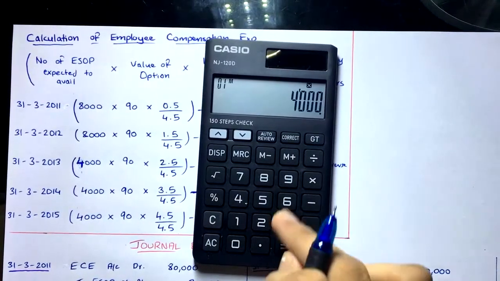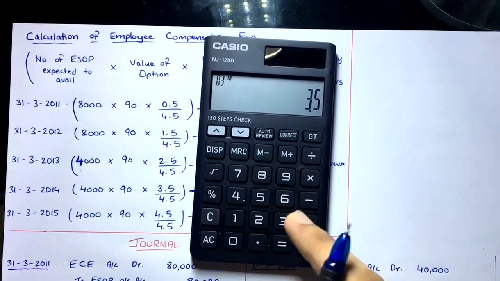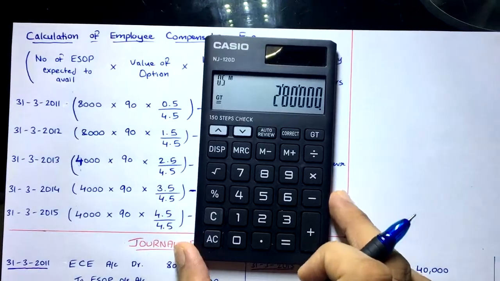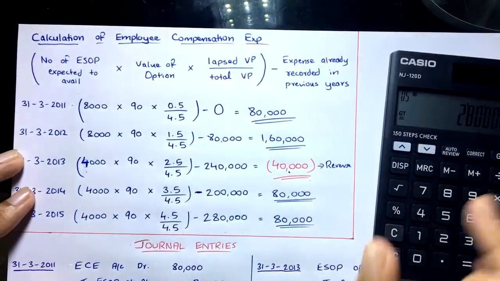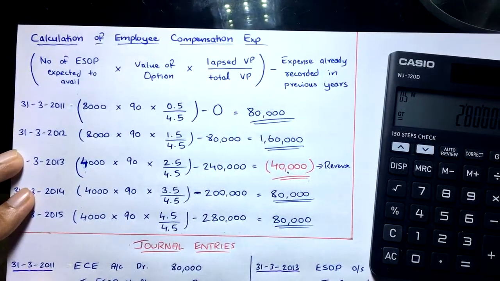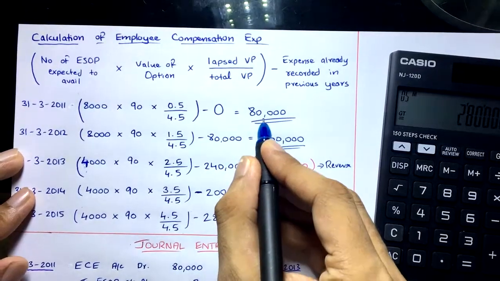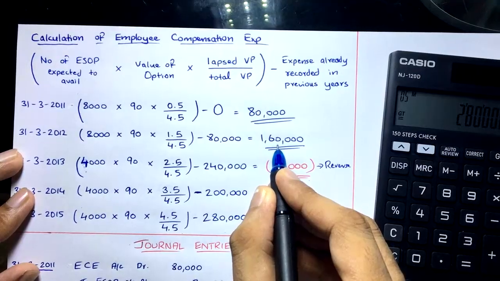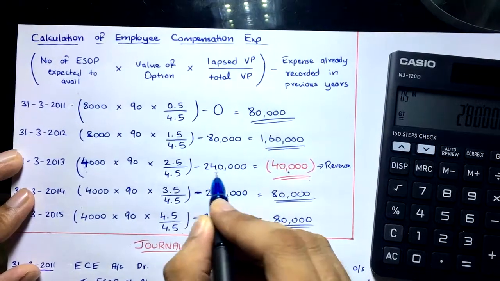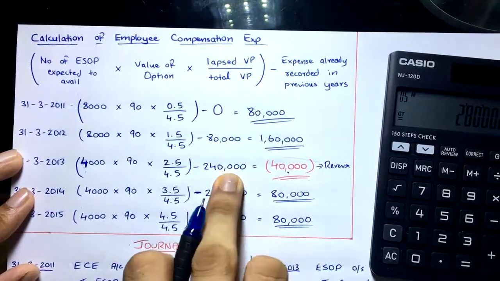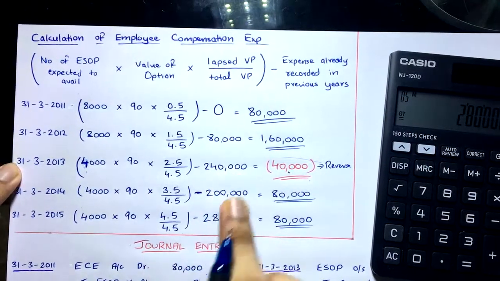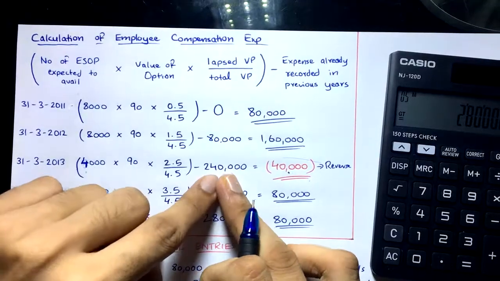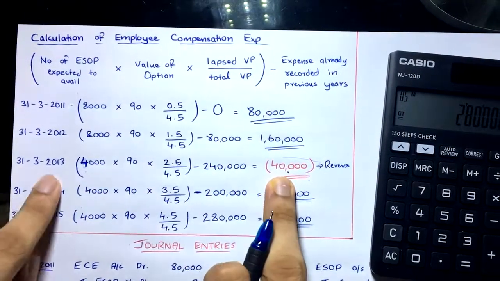4,000 into 90 into 3.5 divided by 4.5, the total vesting period, that's equal to 2,80,000. And previously what we have recorded, now understand this properly. In the first year we recorded 80, in the second year we recorded 1,60,000, or you can directly see this amount. Yeah, previously whatever was recorded, it is here from the previous year. So directly see we have recorded previously 2,40,000, but then in the third year, what we have recorded,